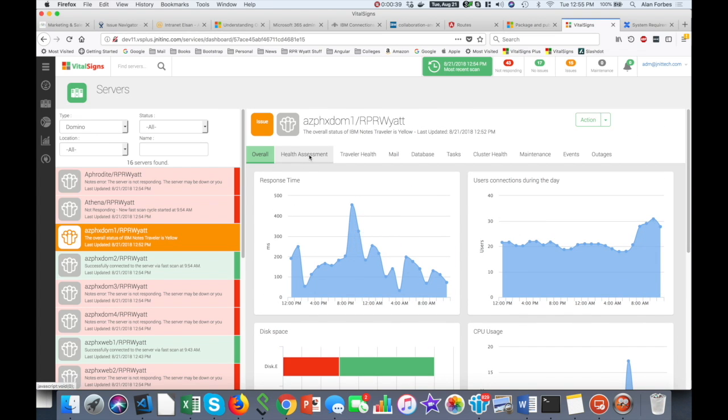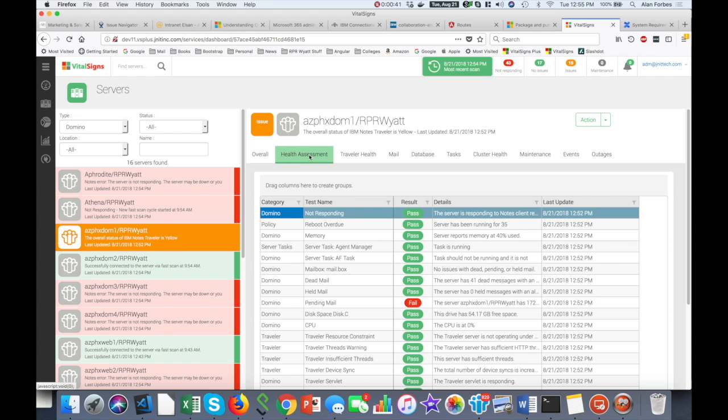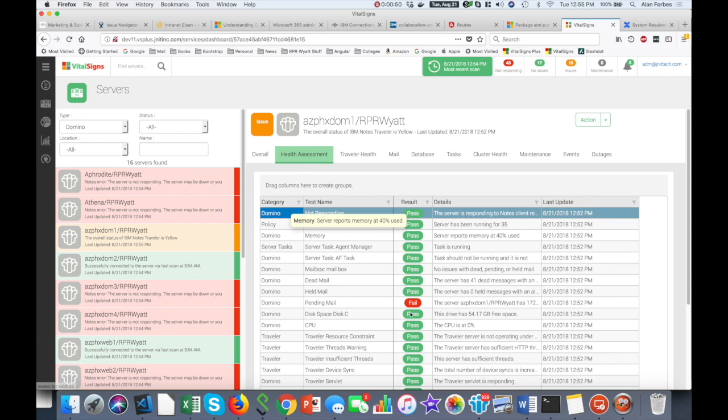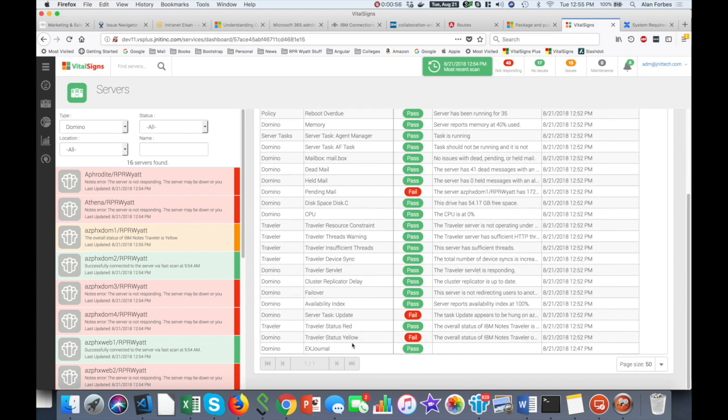The next tab over is the health assessment. And this shows you every test that was performed against the Domino server and whether it passed or failed, and some details about why it failed, when the test was run. And you can see that this particular server failed more than one test, because just like people, servers can have